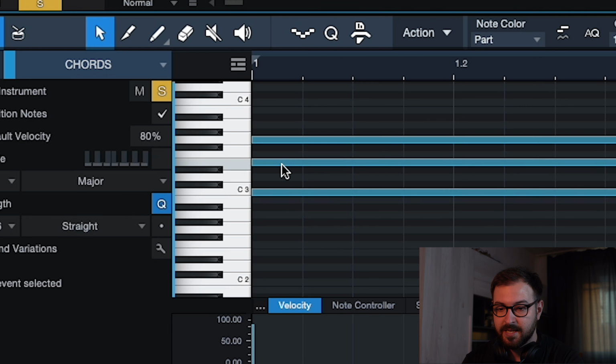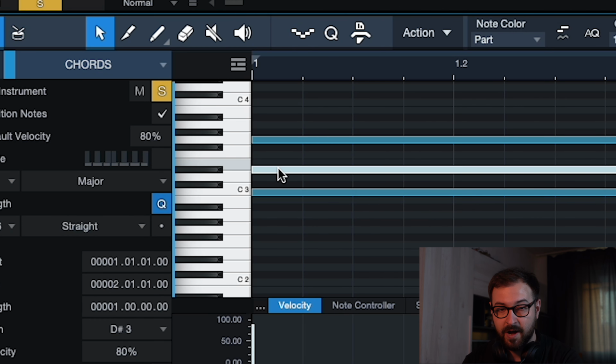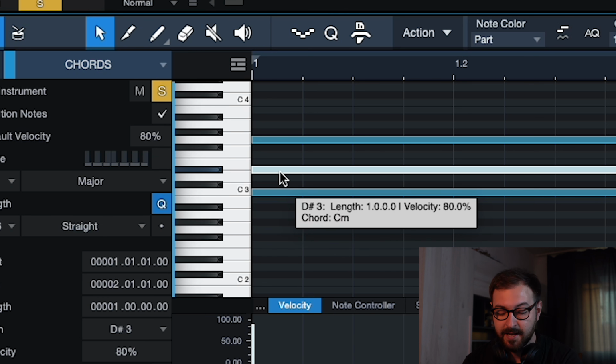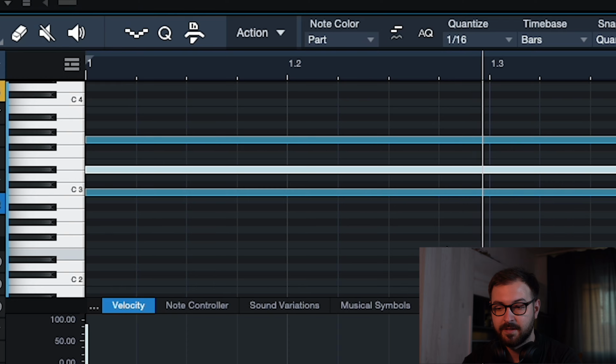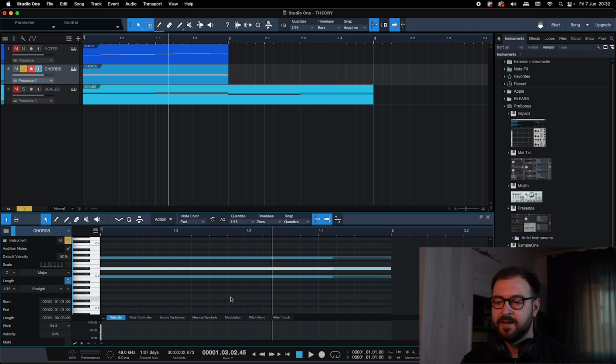However, if I take this E and move it down 1 semitone or a half step, I'm going to get this. It sounds a bit darker, a bit sadder if you want. And we just moved 1 note down a semitone. This is what we would call a C minor chord. So major chords, happy, joyful, and minor chords, darker, sadder, however you want to call them.